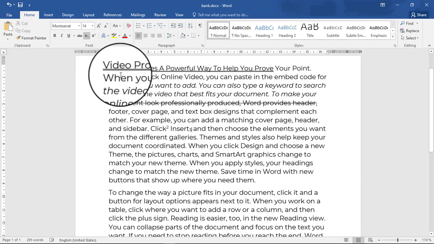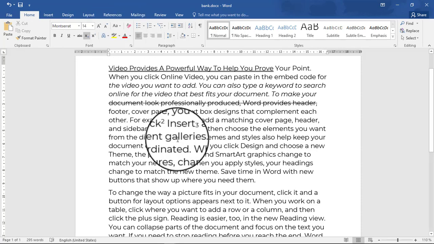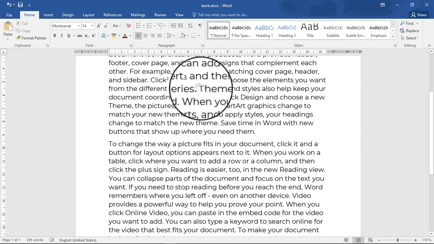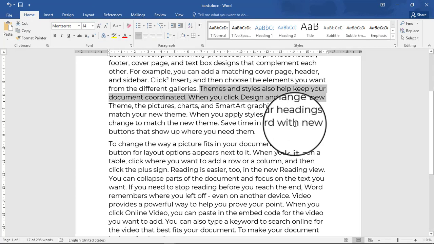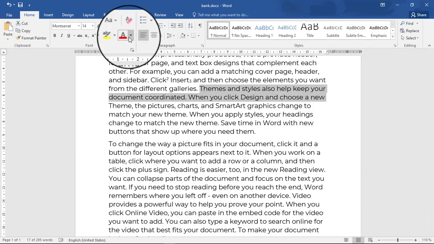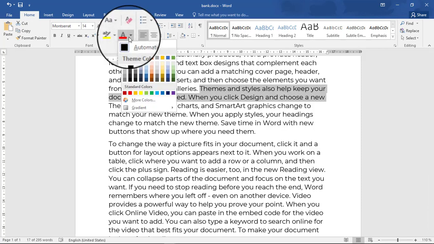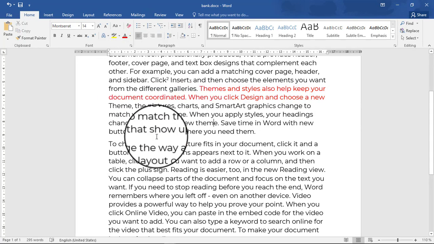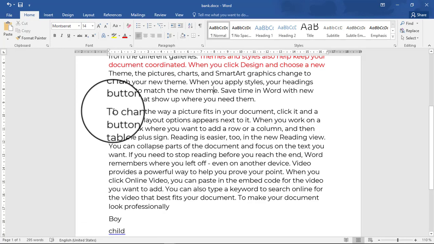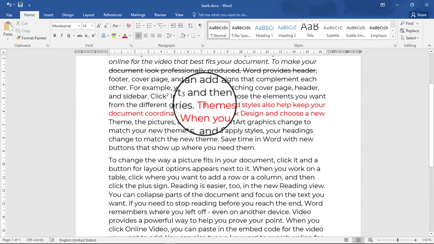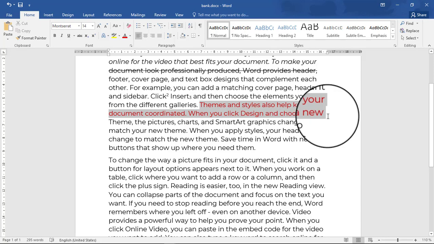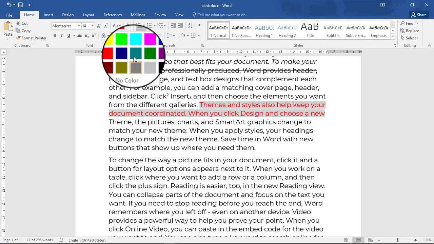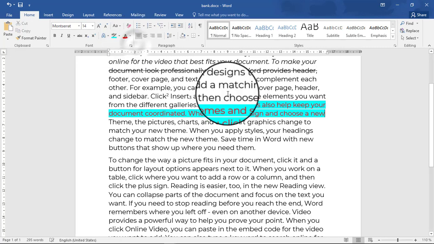Another thing here, maybe I may want to change the color of the text. You first highlight, then you go to this icon here, then you change the color. I want red. I might want even to change the background of this text here. You select that text, then you move here, you give it a color. Are you seeing? That's it.